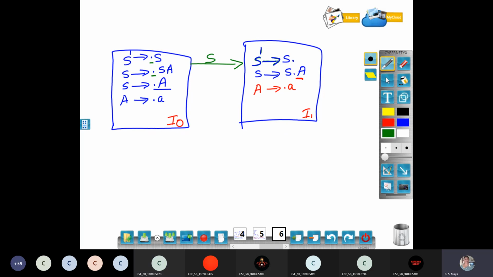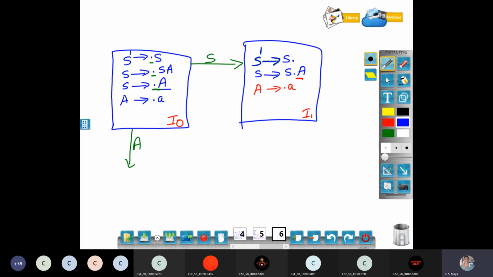Yes, ma'am. Now, what are the remaining in I naught state? Green color. I did only green color, 2 things. What is still remaining? Capital A. Is it right? I have to move dot at the capital A. Can I write here? You can write anywhere. I have to write capital A now.